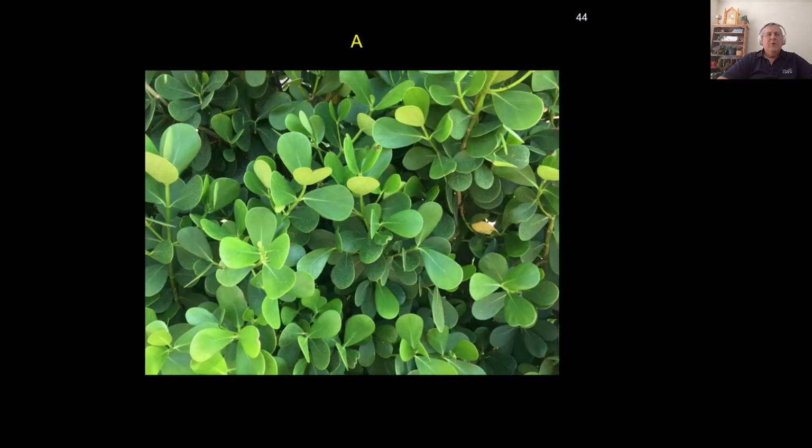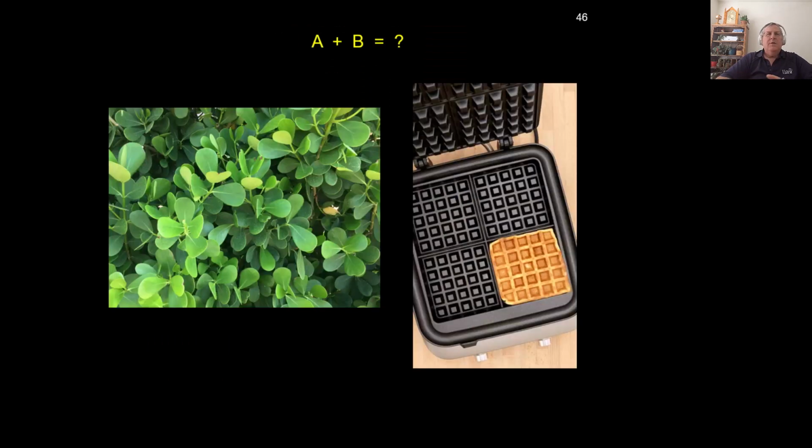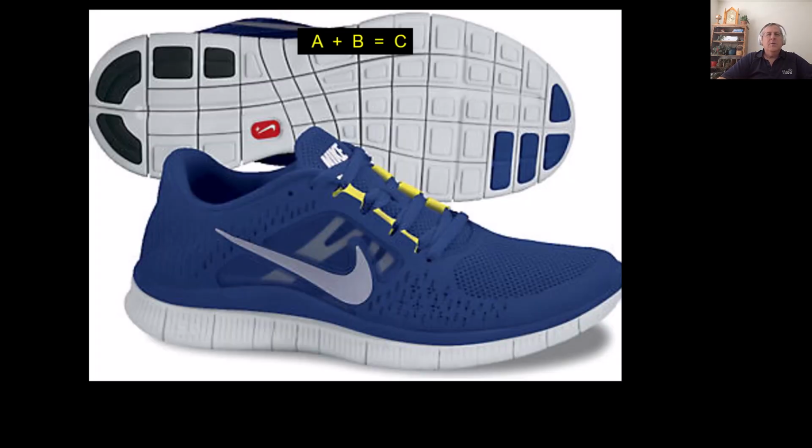Next one would be A. I believe that's a rubber plant, a picture I took in Florida one time where the label on the tree trunk said it was a rubber tree, so I presume that's correct. B would be a waffle iron, of course. And some of you may know the story where a waffle iron was used by Bill Bowerman to create the sole of Nike athletic shoes,